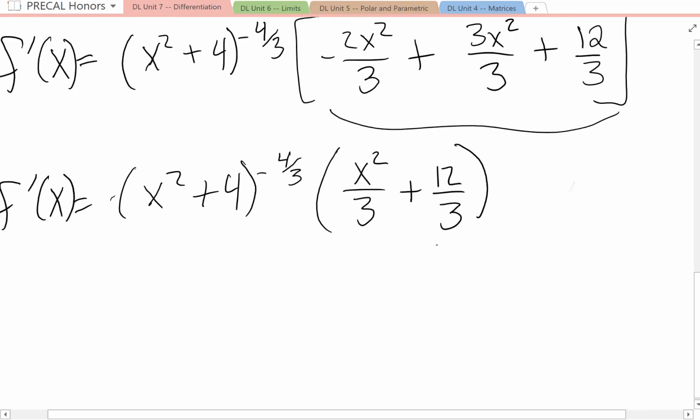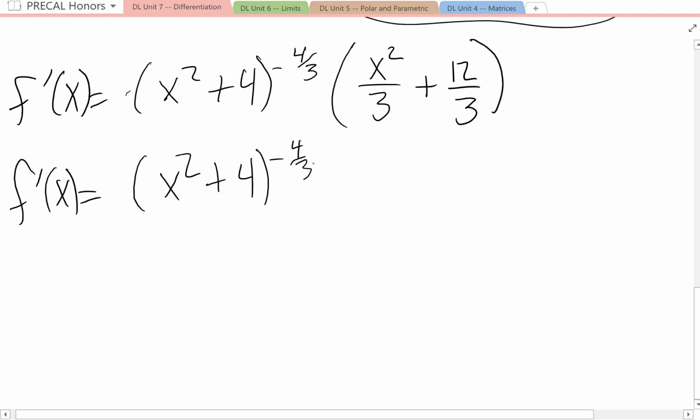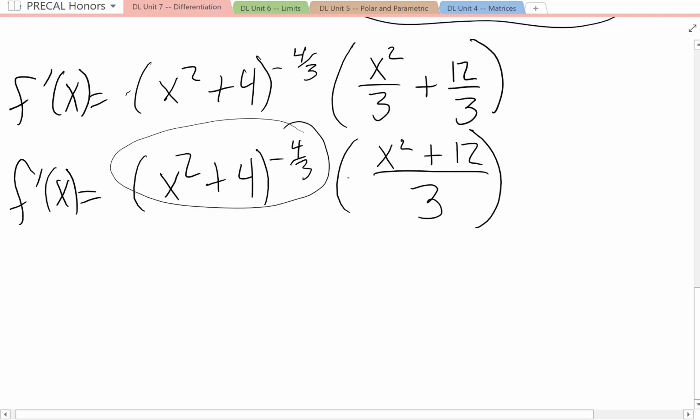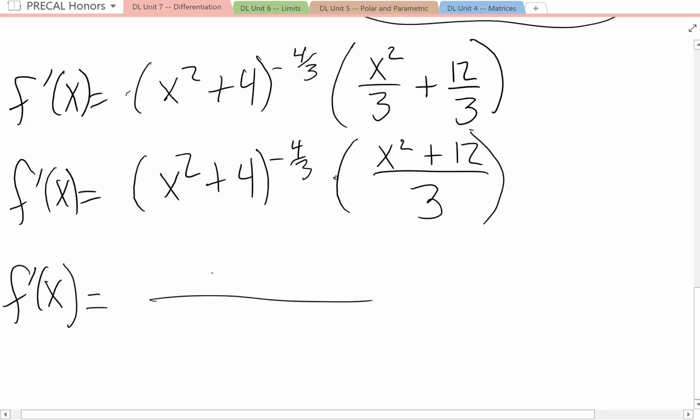If we write that as one fraction, then we can separate its denominator. This is x squared plus 12 over 3. So this is a piece being multiplied by this piece, but this, because of the negative exponent, needs to go to the denominator. So we're going to write it right next to the 3, and x squared plus 12 will stay in the numerator. X squared plus 12, and that was over 3, but that was all being multiplied by this